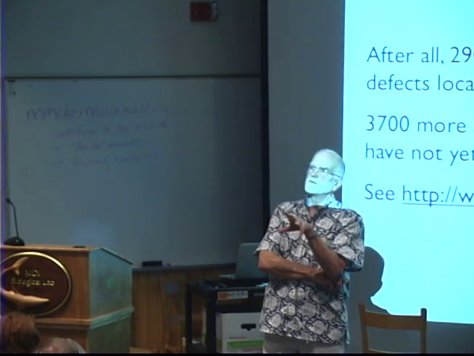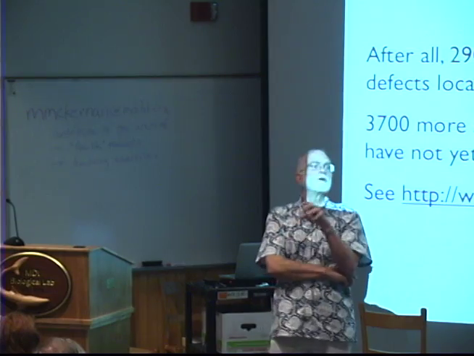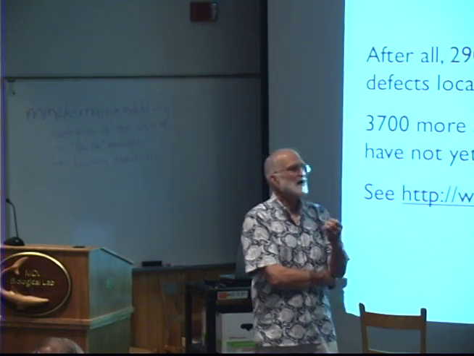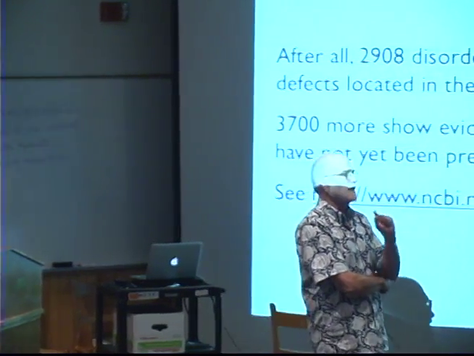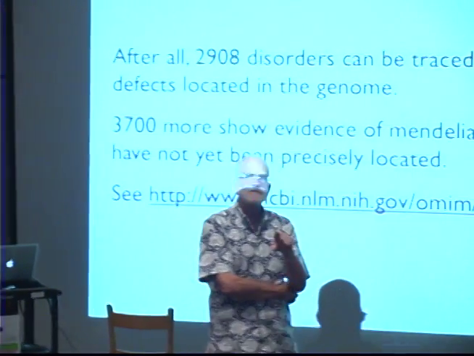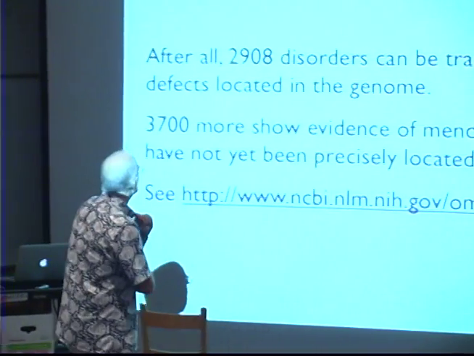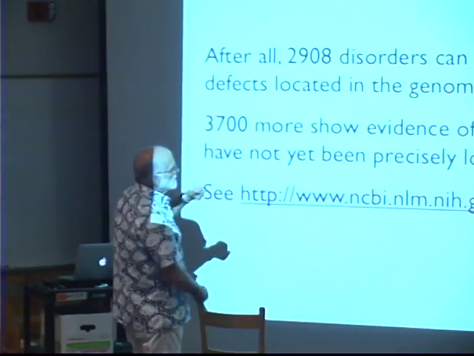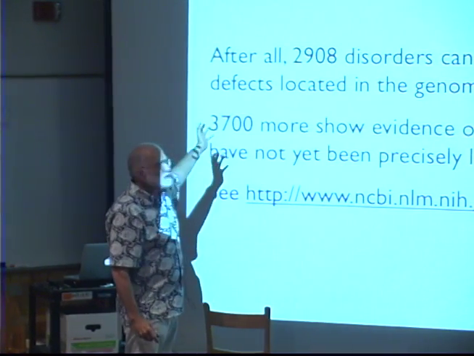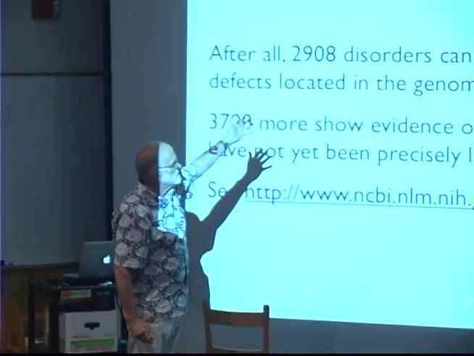There's a big difference between statistical significance and amount of variation explained. You can have a highly significant, very small effect. And that is characteristic of genome-wide association studies. Okay? Now, if we look at what we know about human genetic disease, we've got nearly 3,000 disorders that can